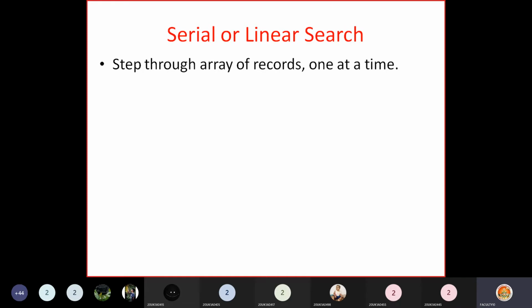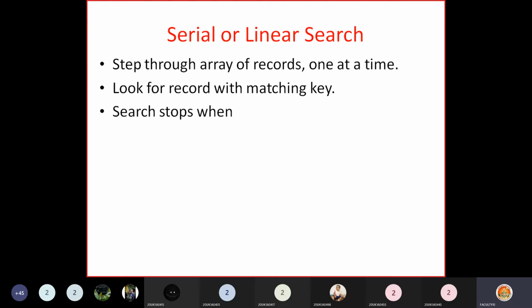We start from the first record: is it the record required? That is how we search. Then we look for a record with the matching key. Is there any record with the matching key? Like this, we go on searching record by record. That is called a linear search or a serial search.